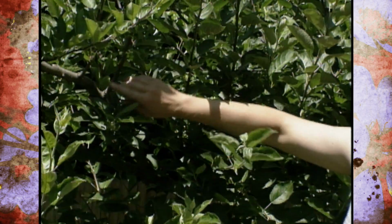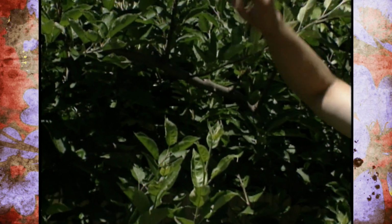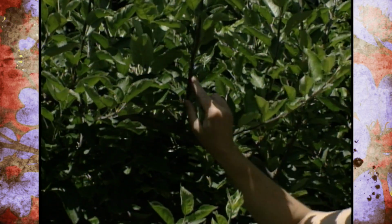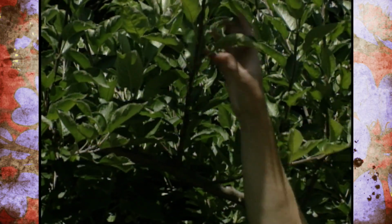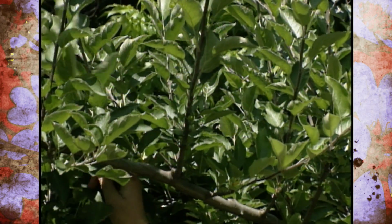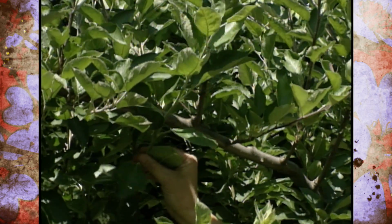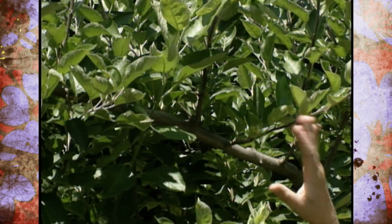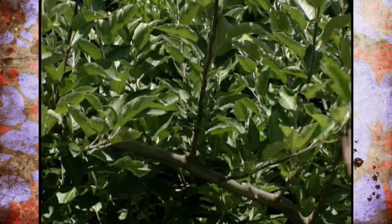and prune. Now you'll notice here on our shoots we've got them coming up, and you want to look and prune when your shoots are starting to be woody. You'll notice here we have a woody shoot here. The stem is turning brown and our leaves are dark green. Now when your tree has, I've got one back here I'll show you, if most of your sprouts on your tree are this green color, wait until those start to turn that brown woody color before you start to prune. Now on this tree, most of our shoots have already turned brown, so I'm going to go ahead and prune